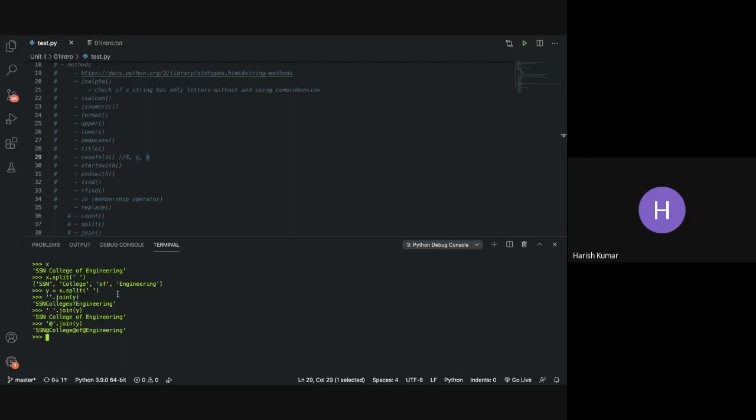Will it join the tuple alone? Can it join the elements in a tuple? Let us see.